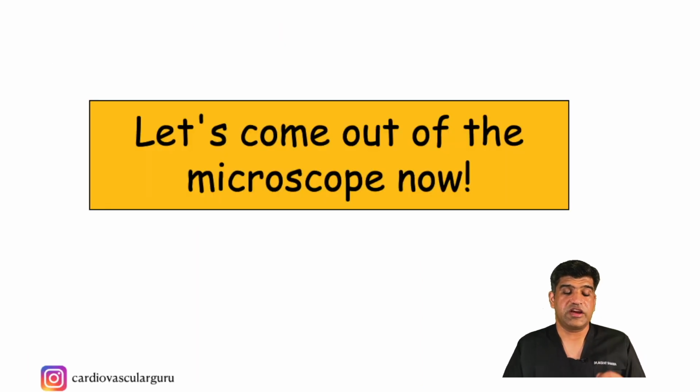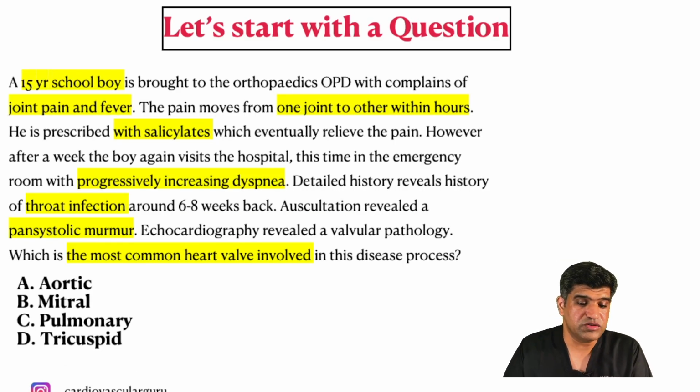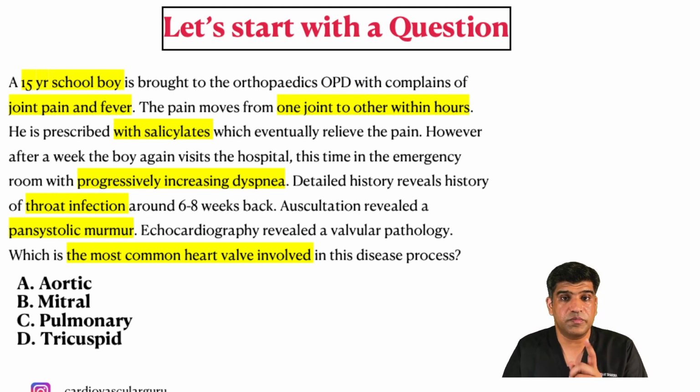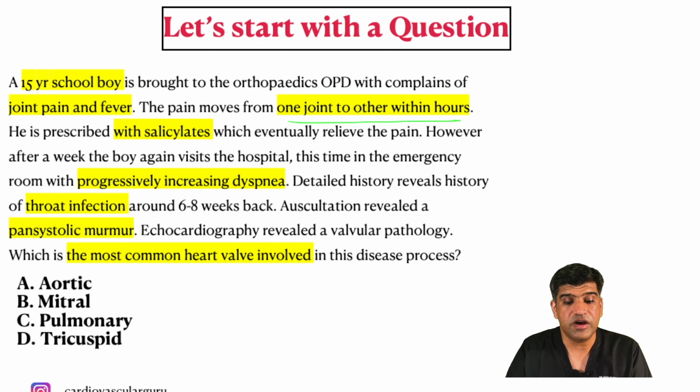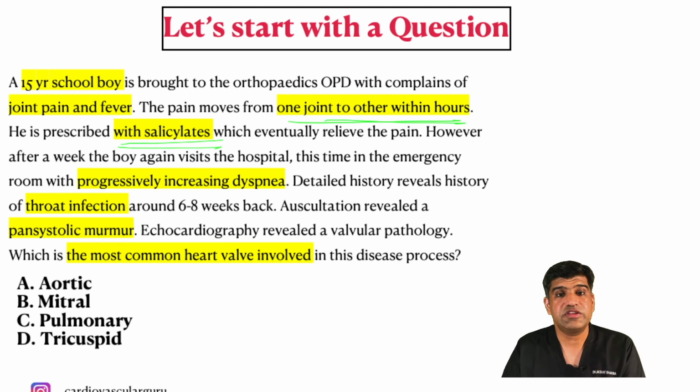So now it's time to come out of the microscope. We will see a couple of macroscopic things in acute rheumatic fever. Again, let's start with a question. A 15-year-old schoolboy is brought to the orthopedic OPD with the complaints of joint pain and fever. The pain moves from one joint to another within hours and is being prescribed salicylate, which eventually relieves the